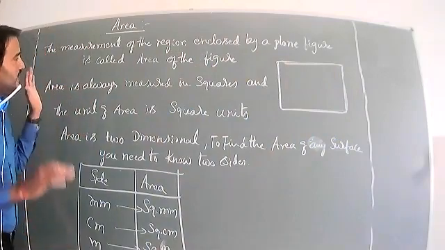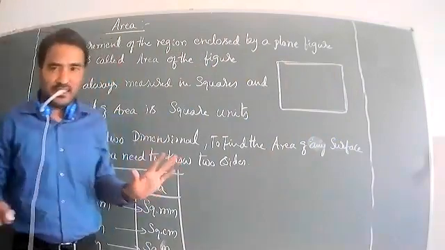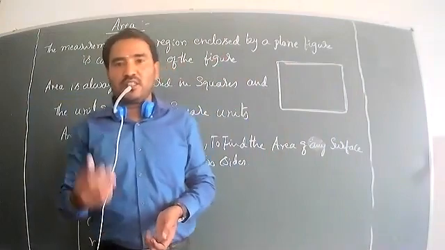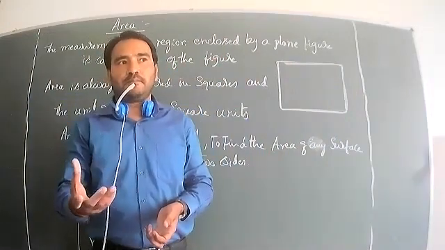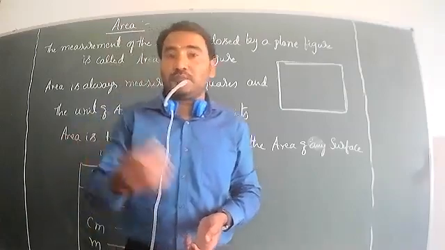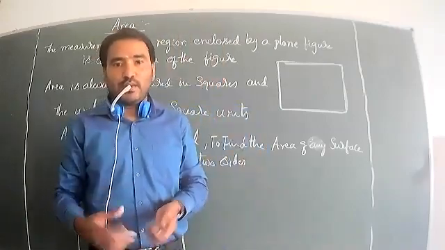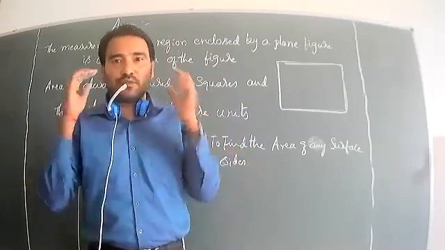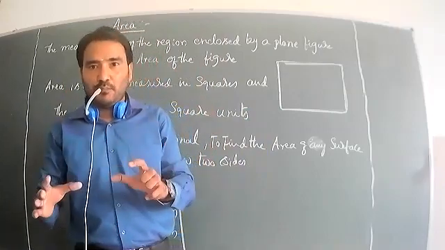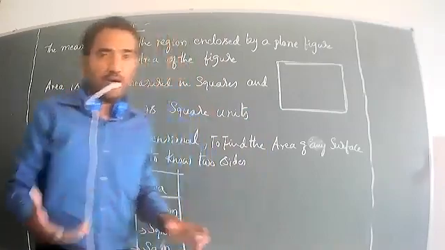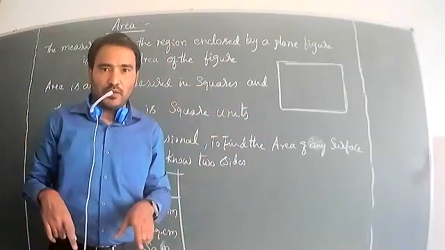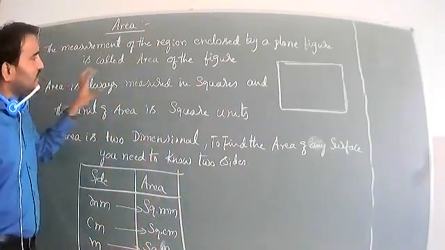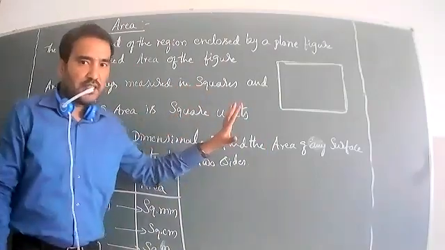Area is always measured in squares. You have to listen to such words; in some places we have purchased a site. Square centimeter, square feet, 1 square feet. These are the types of words we have to listen to. What is a square centimeter, what is a square foot, how much is 1 square foot? So that is called area. Area is always measured in squares.